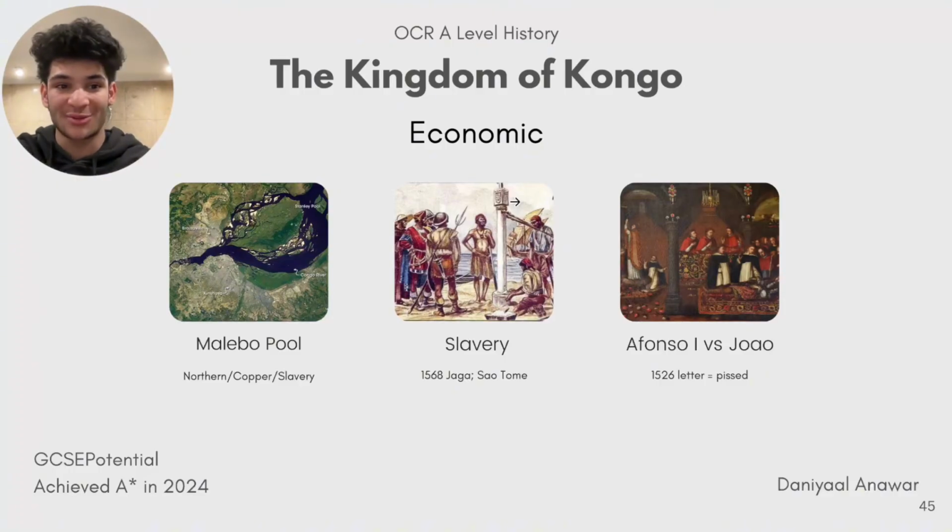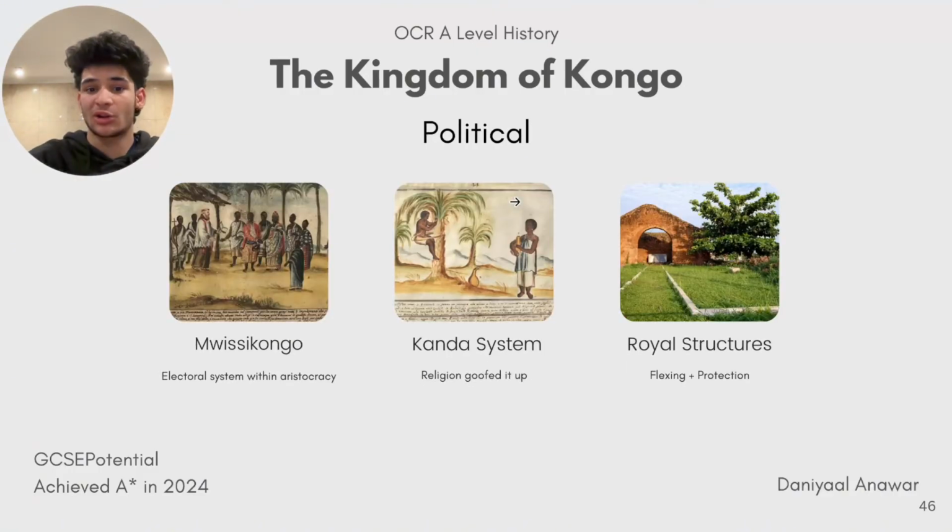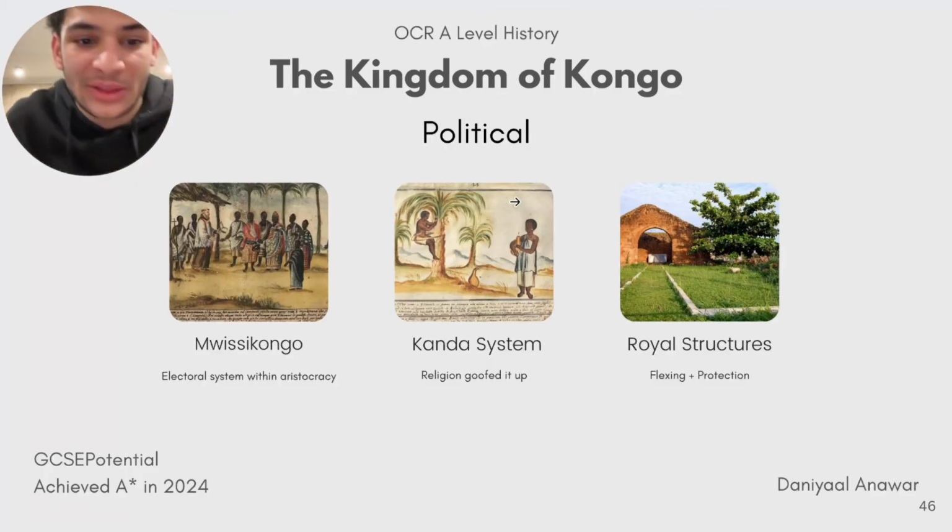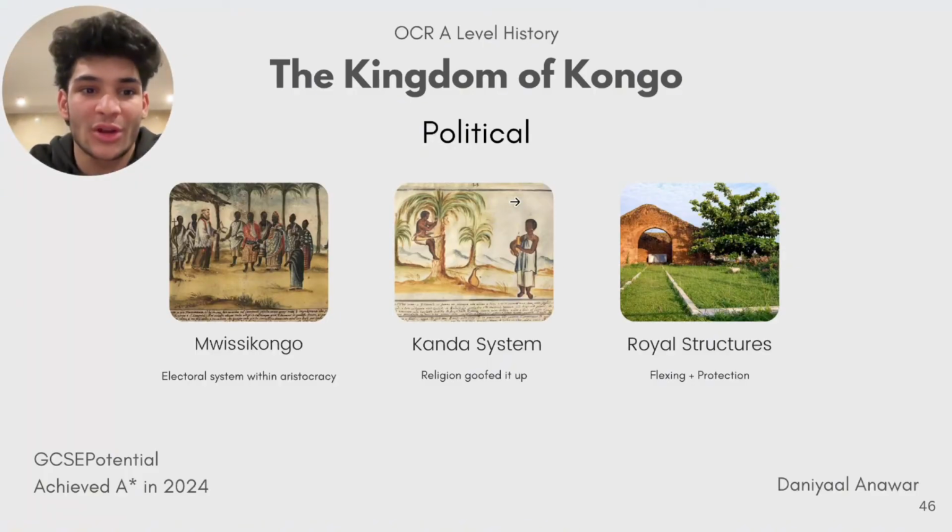So there's going to be a lot of that within this empire. Core political, 3 different points. Firstly, the Mwisi Congo. I miss the study of African kingdoms because I'm no longer doing that. So bad. But anyways, the Mwisi Congo were sort of the leaders of Congo, and it was an electoral system